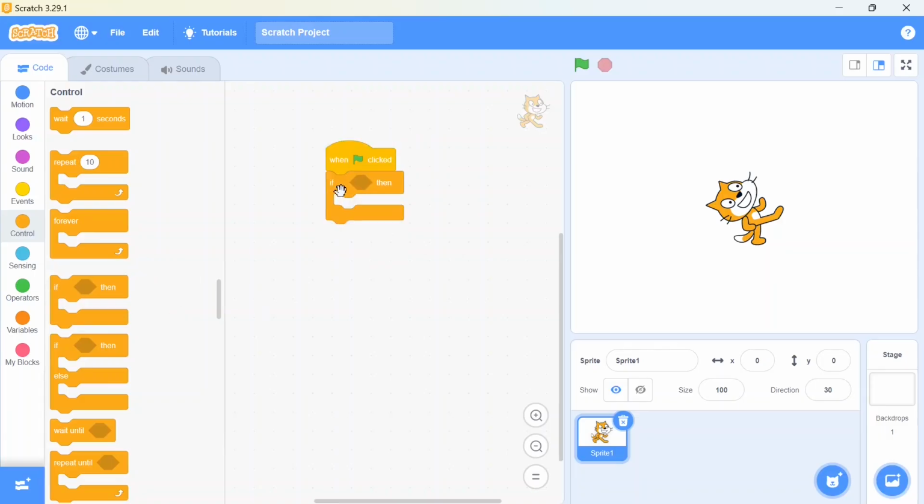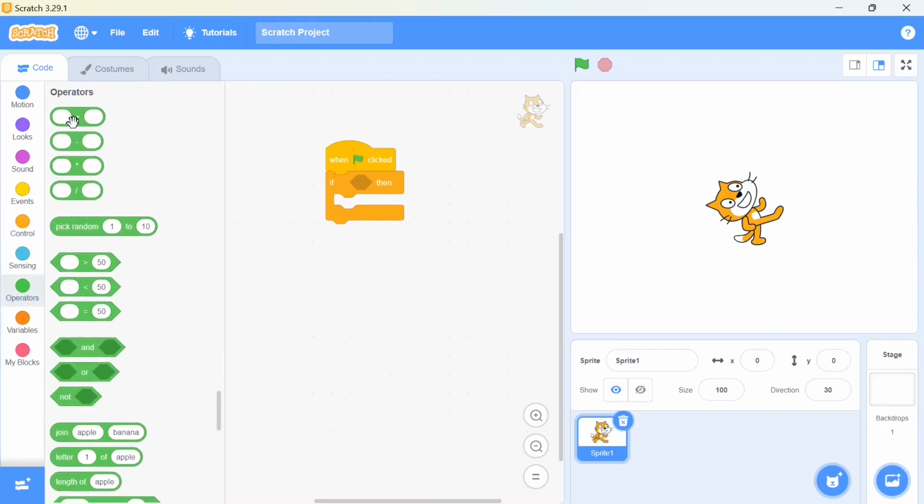Now we are going to discuss the if block. This if condition block is specially used when your condition is true. Suppose here I'm using an operator block, and I'll use this greater-than block, where you can put some value, and check if this is greater than 50.